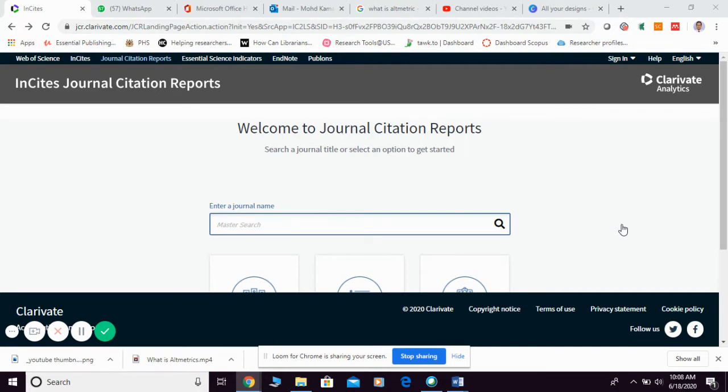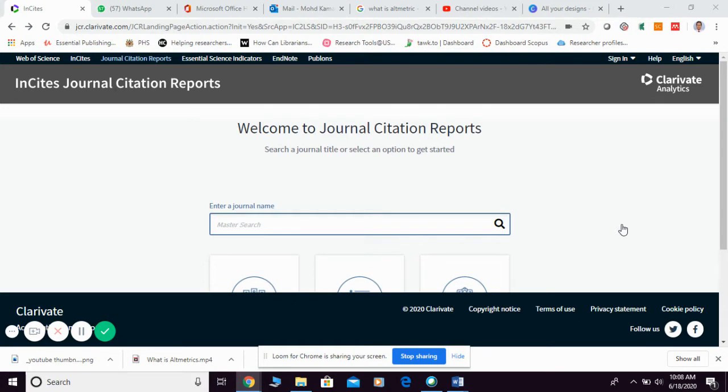So the immediacy index is calculated by dividing the number of citations to articles published in a given year by the number of articles published in the same year. So now let us have a look into JCR and where you can identify the information about immediacy index as one of the metrics to evaluate